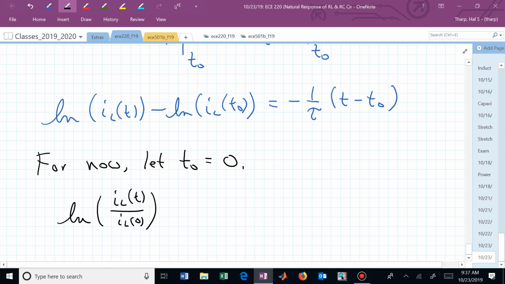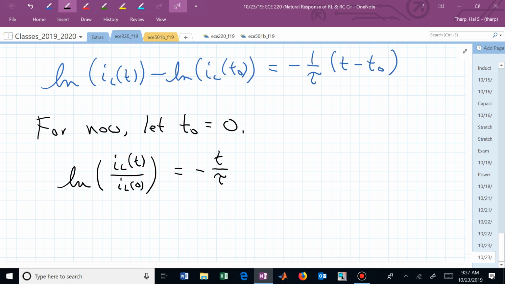And I've now set t sub 0 equal to 0, so I now have just t over tau with that minus sign in front. I'm trying to solve for the current in that inductor. I now need to isolate or pull I sub L of t out. If I can now take the anti-log of the log, it's going to pop out for me. Let me now take the anti-log of both sides